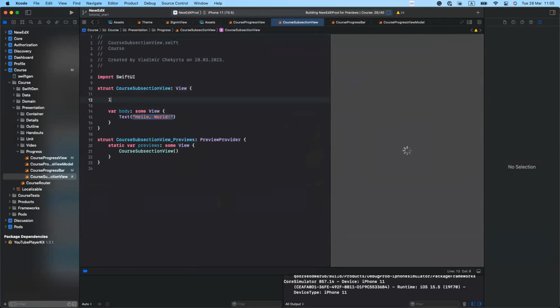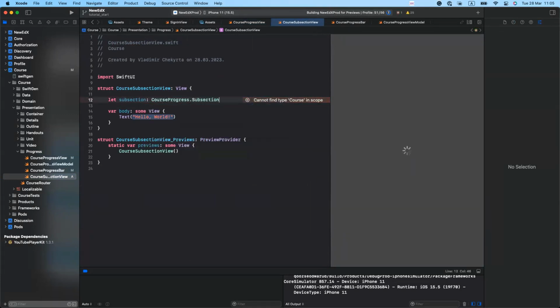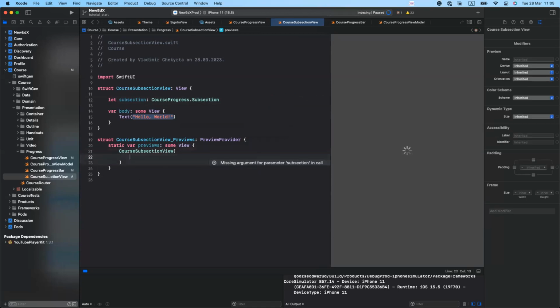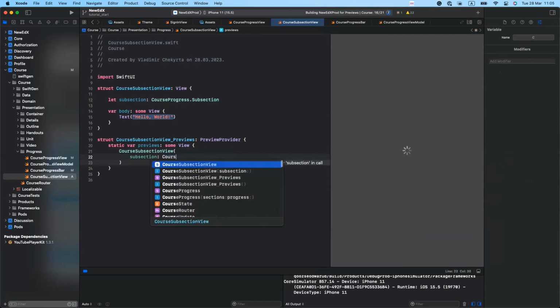Logically, that view will take subsection structure. So let's pass it course progress subsection. And we have to provide that subsection to our preview. So if you want,